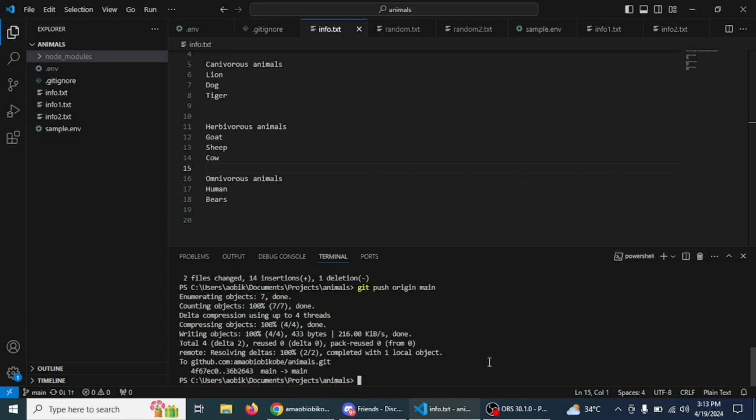So we can see that it says we've moved our code to GitHub. You can see that it doesn't say that we've set the upstream. There was nothing like that, so we don't need that -u flag this time around. We can just do a git push origin main. You will notice that node_modules didn't go and the .env file too didn't go,